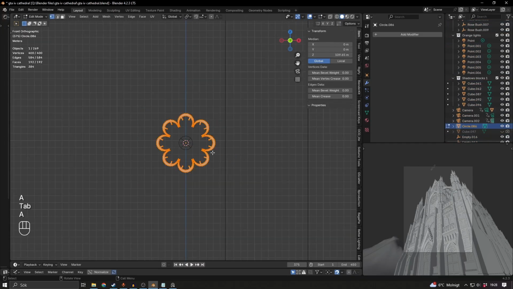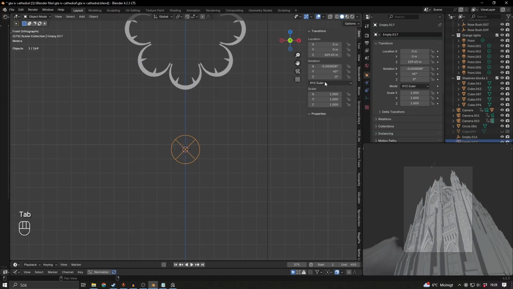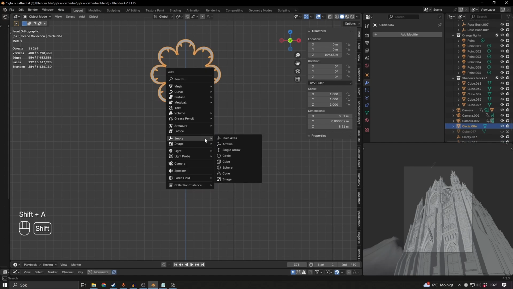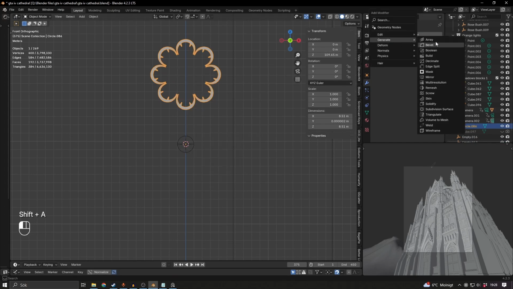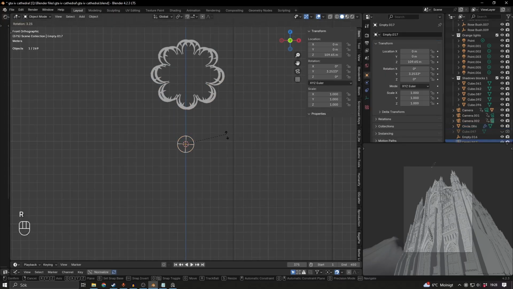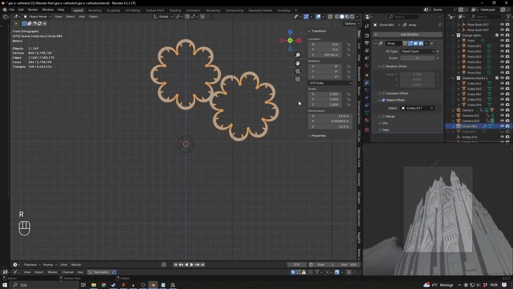You go into edit mode, select everything and bring that up. And if we set this empty back to 0 for the rotation, and then we add another array modifier, set that to object offset and choose the empty, then you can do this again, but just with this more advanced